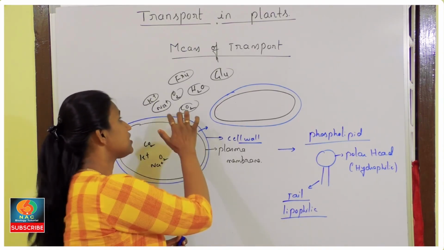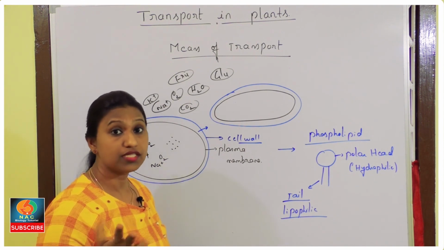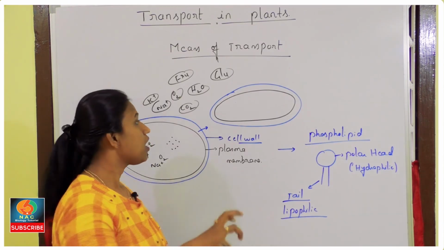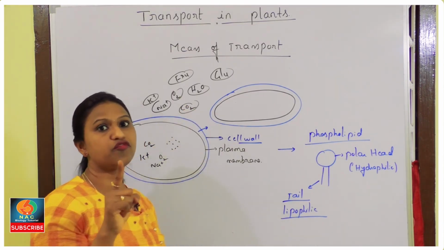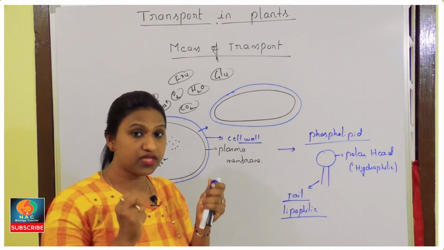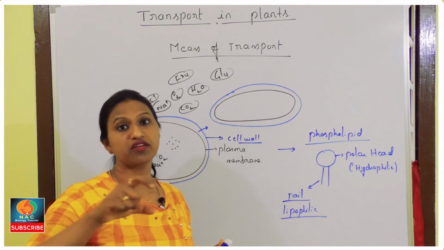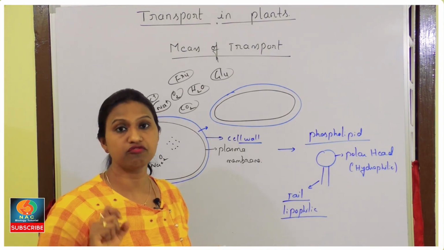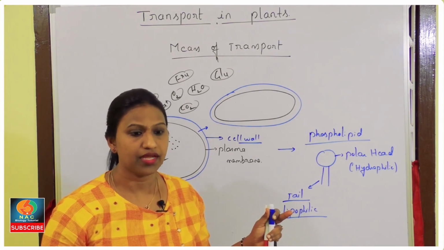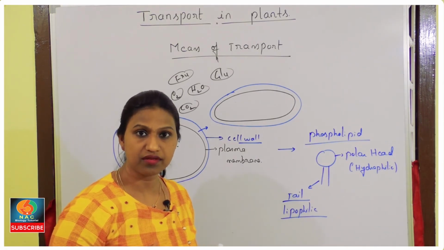Like that, there are certain molecules like oxygen, carbon dioxide, and small water droplets. They do not have any barrier. They can easily cross this plasma membrane. While crossing, they follow their concentration: where the concentration is more, from there to lower concentration, they can jump. Such movement of molecules we call diffusion. That is simple diffusion. It does not take the help of anybody. It can pass as it is. That means it can cross the plasma membrane, right?